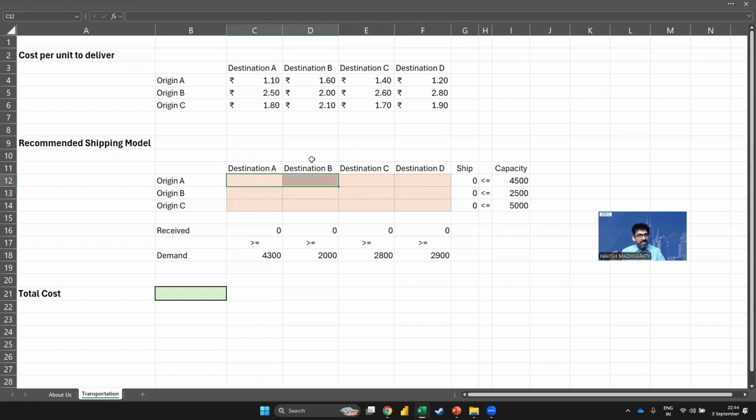Also, what about the signs that I've kept? This is less than equal to because I can't supply more than what I have. But this is greater than equal to because after all, I need to receive at least 4,300. I'll tell you another reason why. Like in the case of Harpic, we had a carton of 12 units. That would be one carton. Now imagine a distributor like Big Bazaar, a retailer, a modern trade outlet like Reliance Fresh is asking for